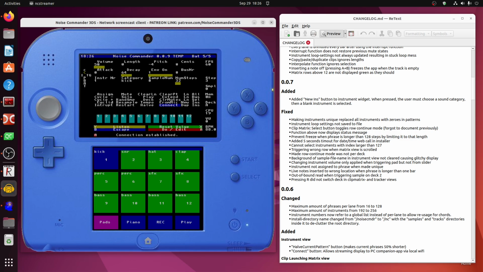Right, here's Noise Commander. Yeah, I didn't make a video for version 007. And here the addition was the new inst button. I hope you can see it here. Right, I should have this feature. Yeah, new ints here. I'm still sort of wrestling with the whole instrument management, but that was part of